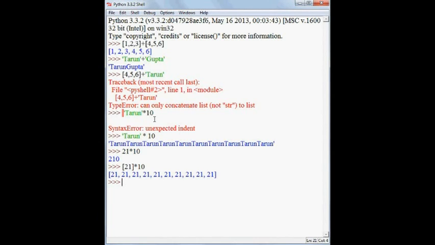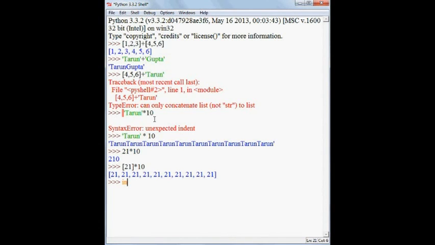Another thing I want to tell you about sequences is membership. There is a little operation in Python with the name in. What it does is check whether a specific value you are asking about is present in a sequence or not, therefore the name in.